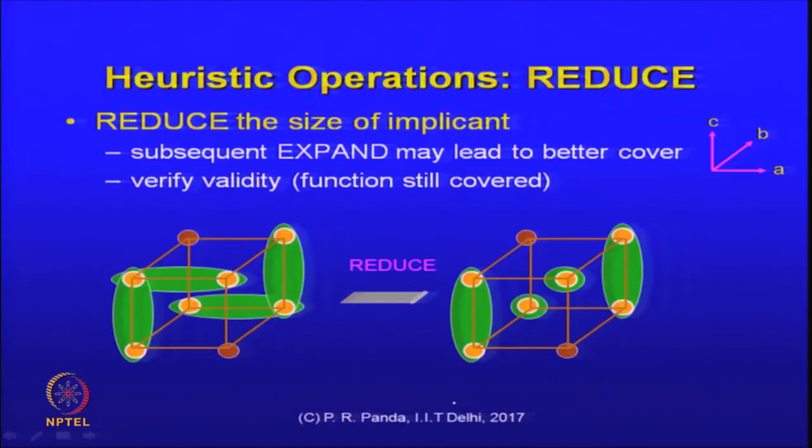In fact, it most probably is leading to a less optimized solution, because it is reducing the size. Of course, our objective in all of this logic minimization is that we should have these individual cubes to be as large as possible, not as small as possible. So, this could only be thought of as an intermediate step that may help us in a different expansion that